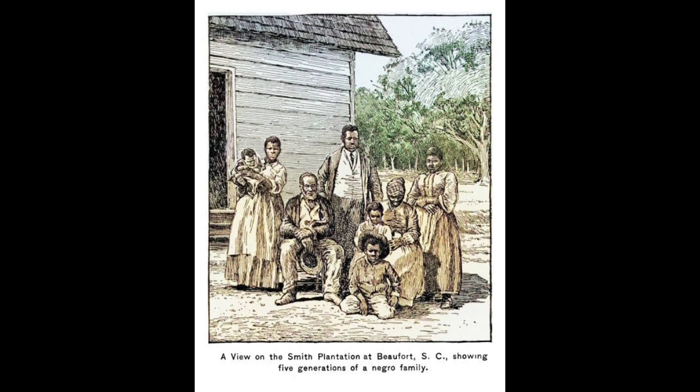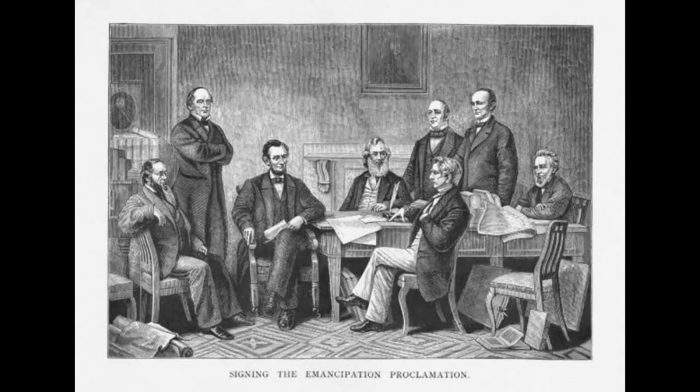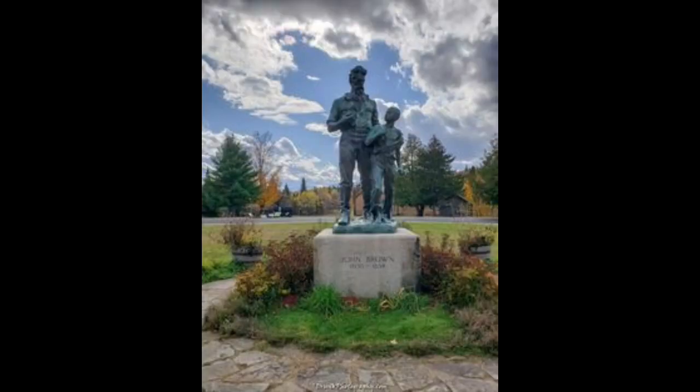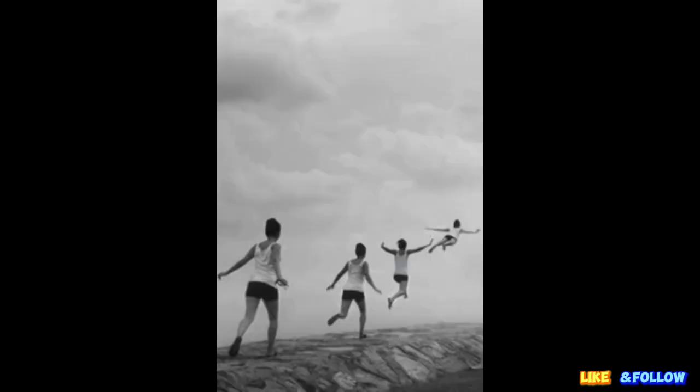4. Promotion of racial justice. The goal of many abolitionists was not simply to end slavery, but also to end prejudice and promote racial justice. 5. Political influence. During the 1840s, abolitionists formed political parties and continued the fight for racial equality. Their influence helped shape political discourse and policy.